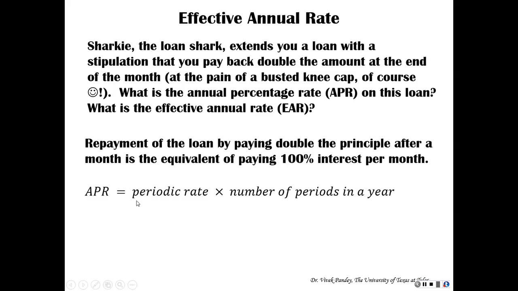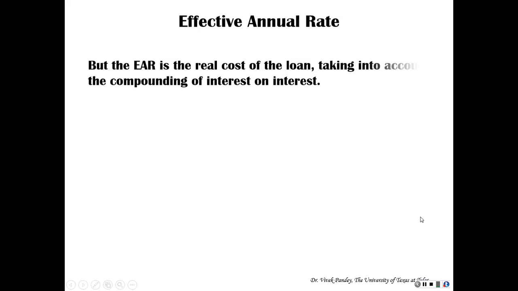The nominal rate is the periodic rate of 100% times the number of periods. So this is a monthly rate, so I just need to multiply this by the number of periods in a year. There are 12 months in a year, right? So the nominal rate is 12 times 100, which is 1,200%, right? But the effective rate is the real cost of the loan, because